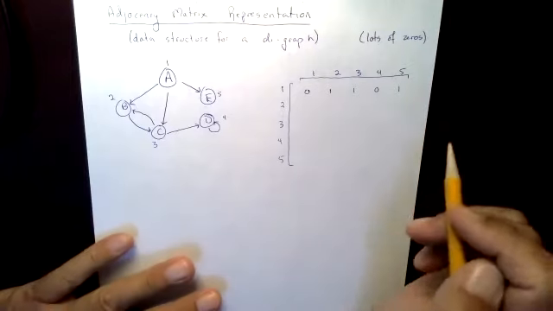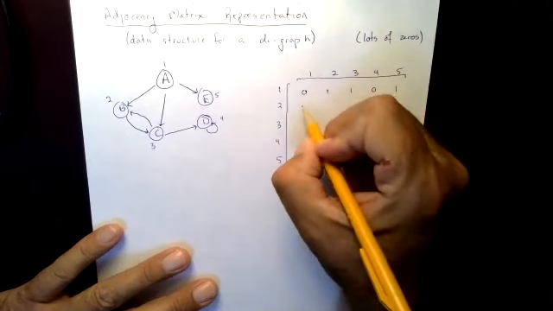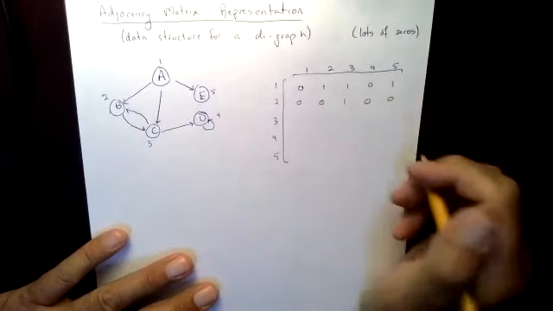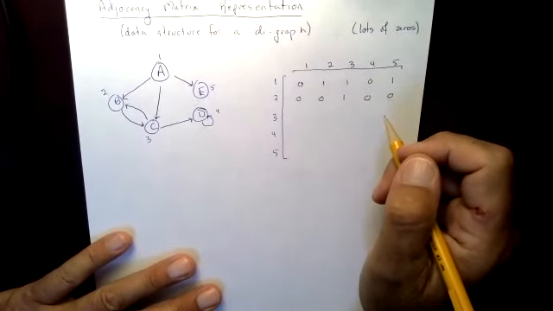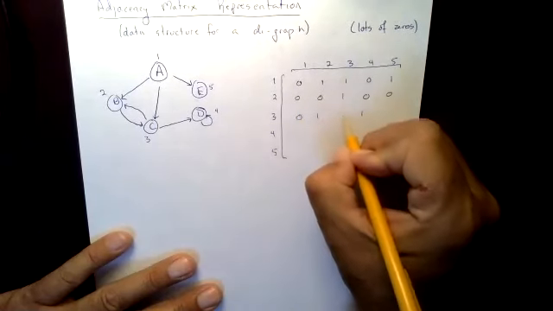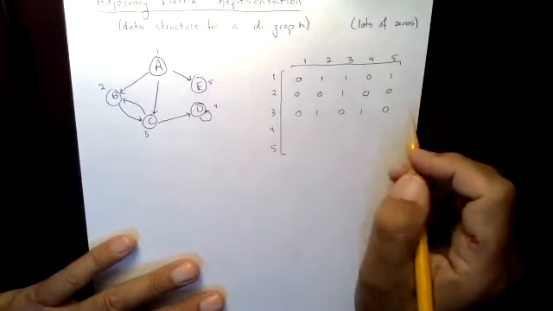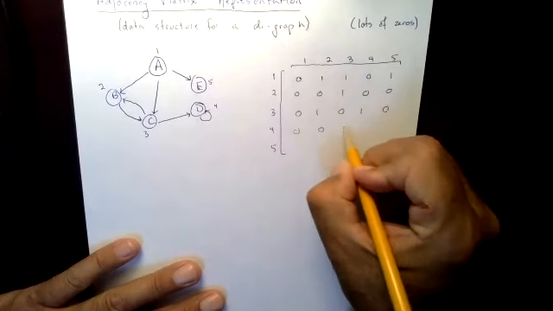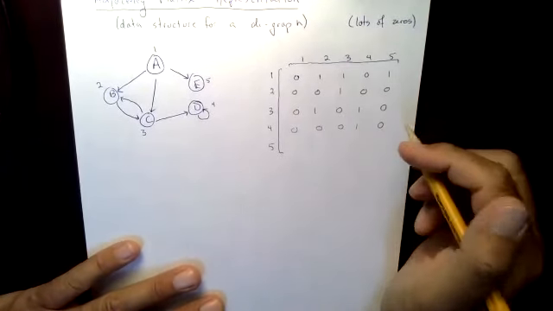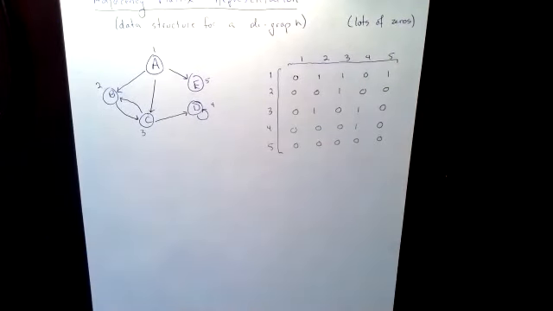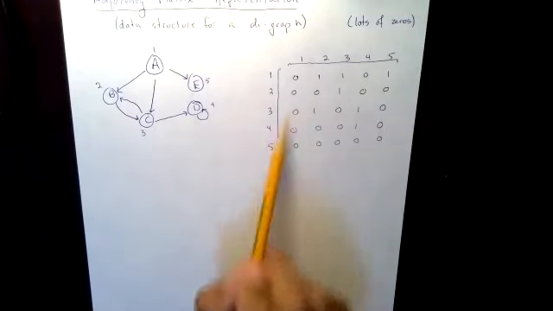All right, let's see. 2 goes to, the only thing 2 goes to is 3. So I can fill out the rest of that row. 3 goes to 2 and 3 goes to 4. Kind of interesting. 4 goes to 4. And 5 doesn't go to anyone. All right, so I just figured out a way that I can store this digraph into something I can work